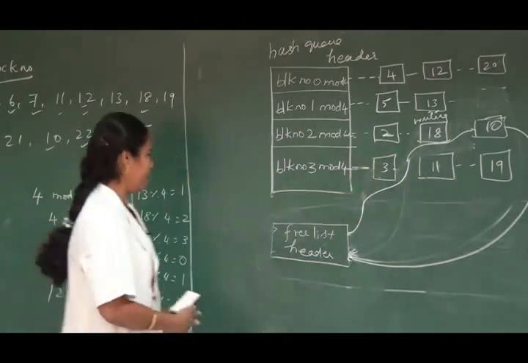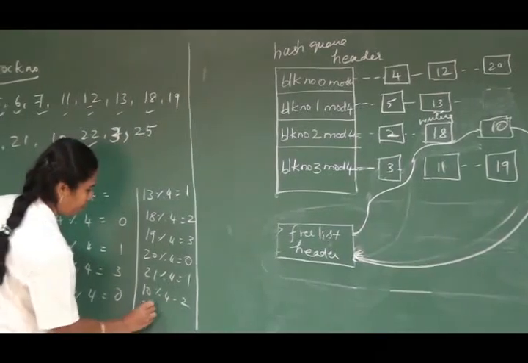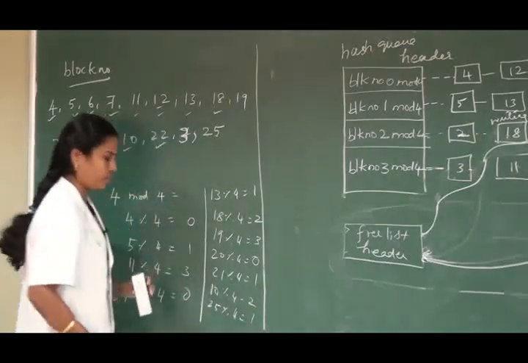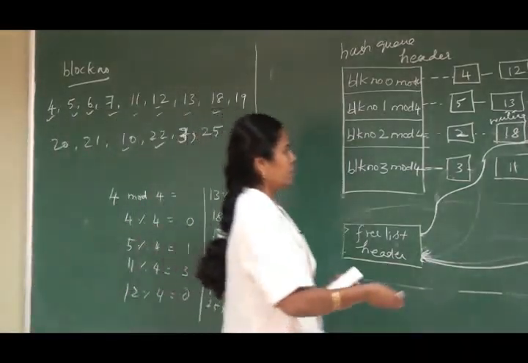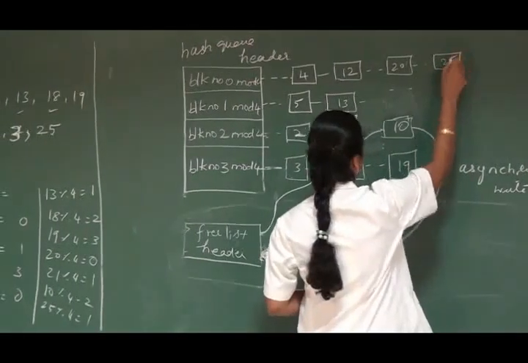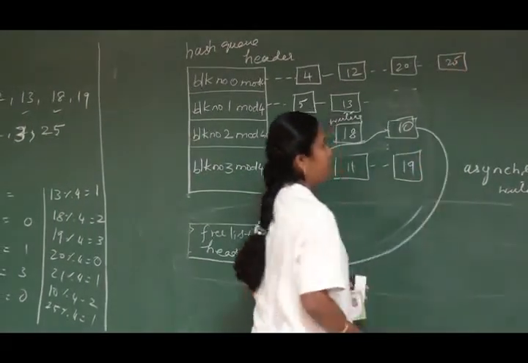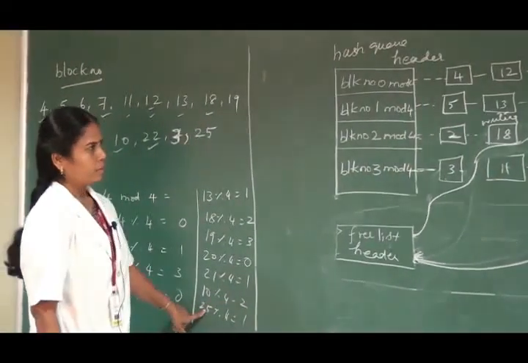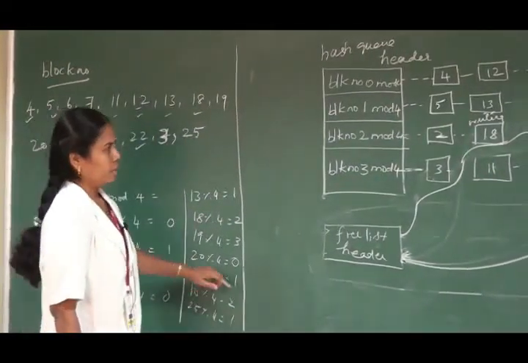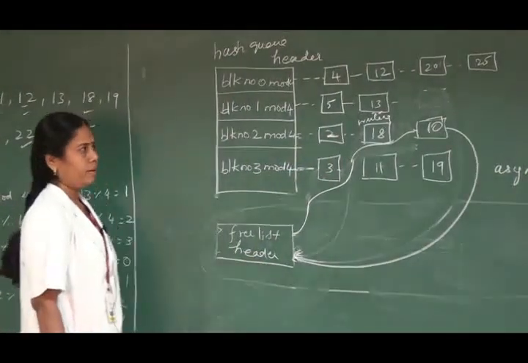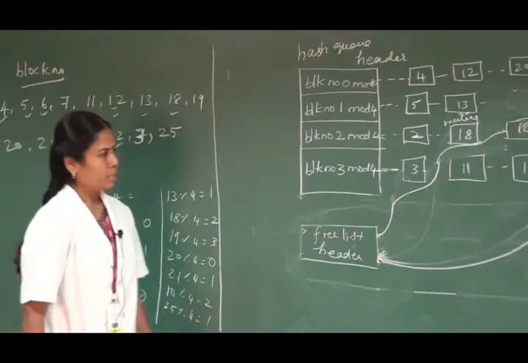So 25 mod 4 is equal to 1. So put the 25th block in the proper hash queue. Okay, like this, one node is removed from the free list and it is added in the proper hash queue. This is similar to